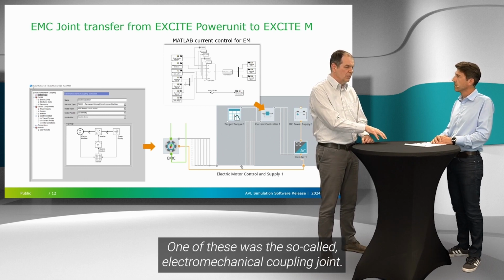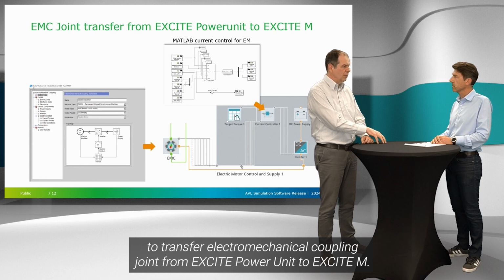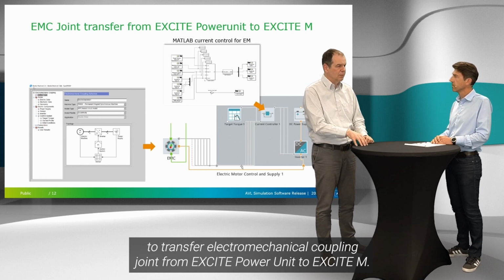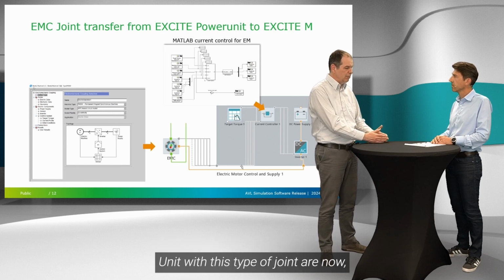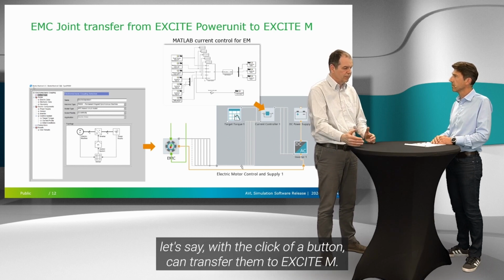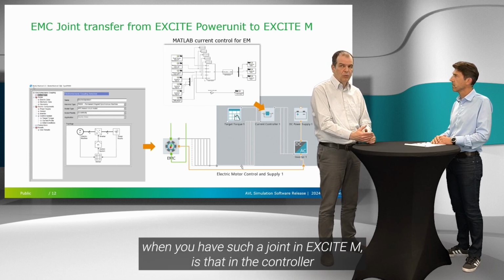One of these was the so-called electromechanical coupling joint. So it's now possible to transfer electromechanical coupling joints from EXCITE Power Unit to EXCITE M. So all people who have the models in EXCITE Power Unit with this type of joint can now, with the click of a button, transfer them to EXCITE M. Another advantage when you have such